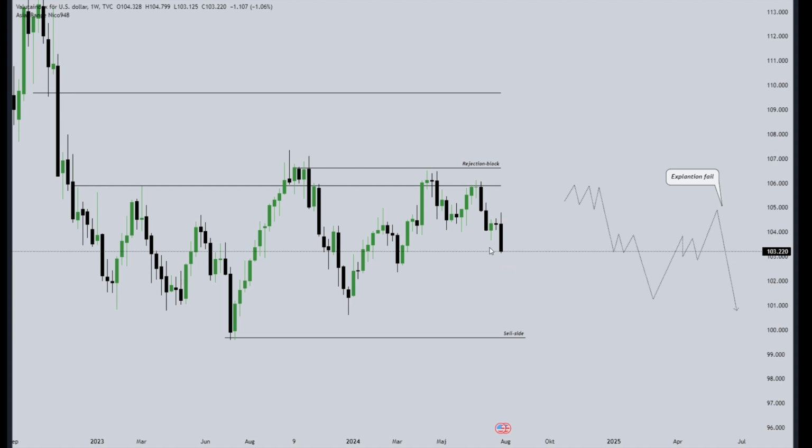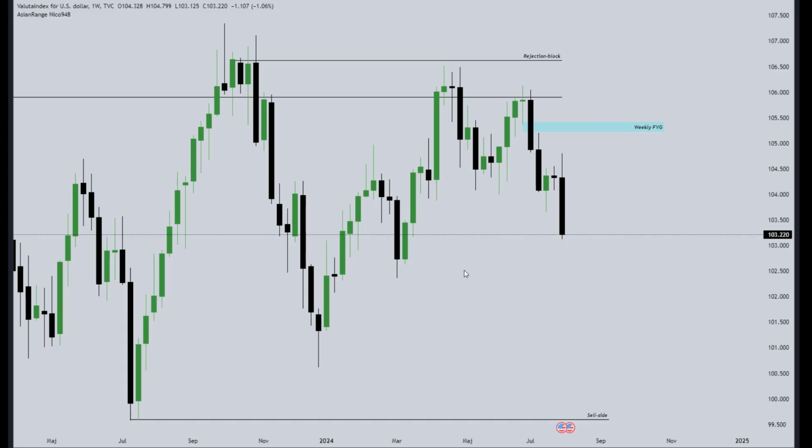Intra-week, we can still go upwards and reach for this FVG. That's pretty much what I think we'll do after August, and we'll talk about what I think will happen. So we have this FVG, and this is exactly the FVG I'm targeting now. So I want us to go down into